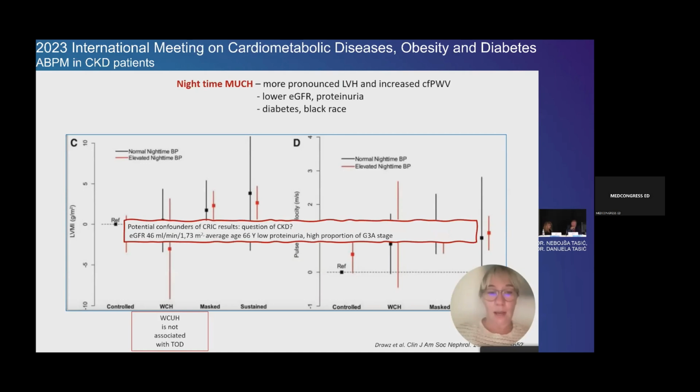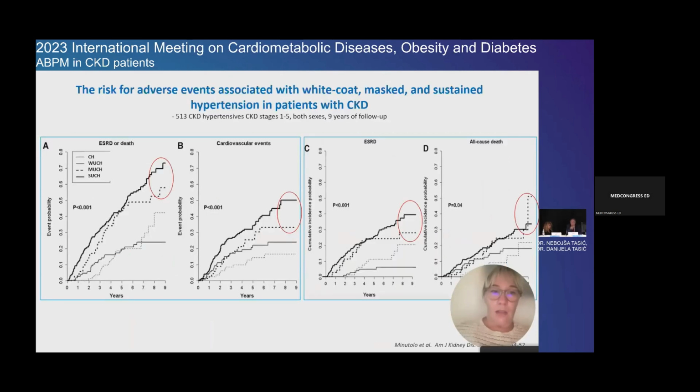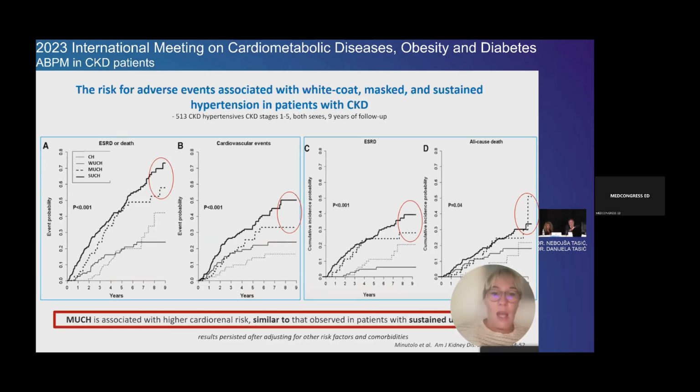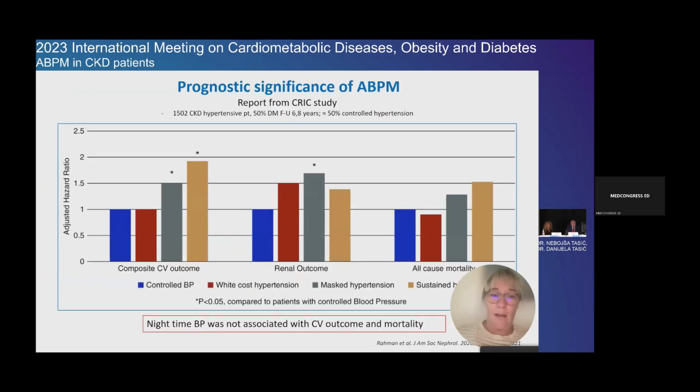As I mentioned, this study, from my nephrologist's point of view, had some methodological issues. Unlike the CRIC study, in the Italian ABPM registry, the risk of end-stage renal disease and death is similar in those with masked and sustained hypertension, as well as, of course, mortality. And in the CRIC study, only composite cardiovascular outcomes were associated with masked and sustained hypertension, while all-cause mortality in the CRIC study is not associated with masked or sustained hypertension, which is